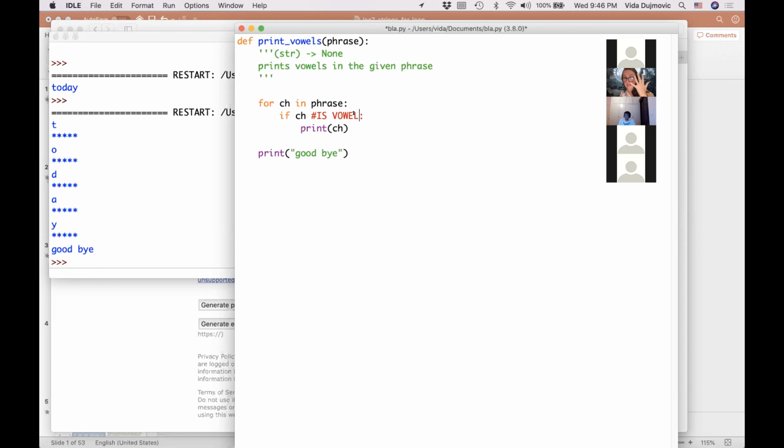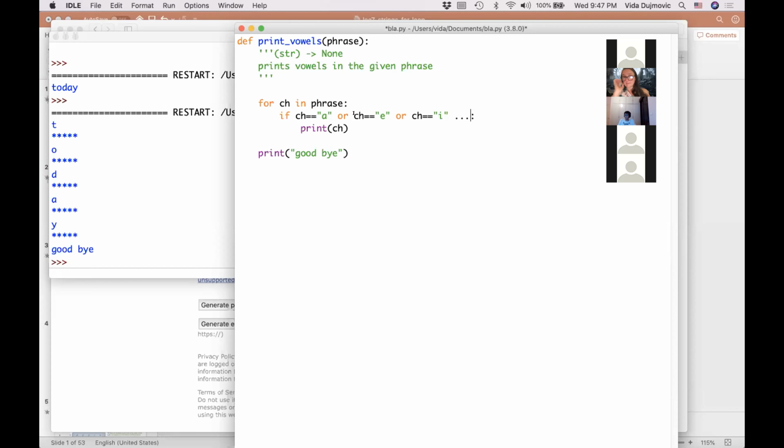So you have to test if ch is one of them. Remember, if you want to test if one of the things is true, you should use OR when writing a Boolean expression. We can do this by typing a Boolean expression: is ch equal to A? Or is ch equal to E?